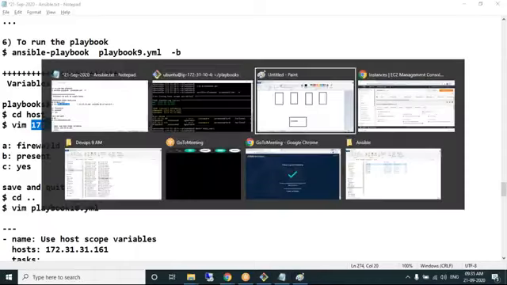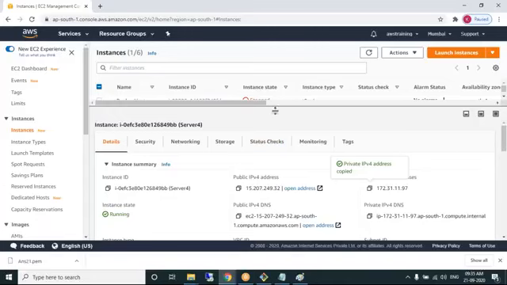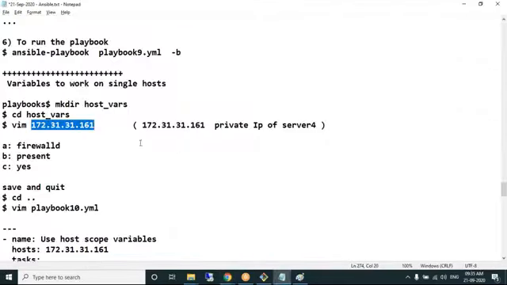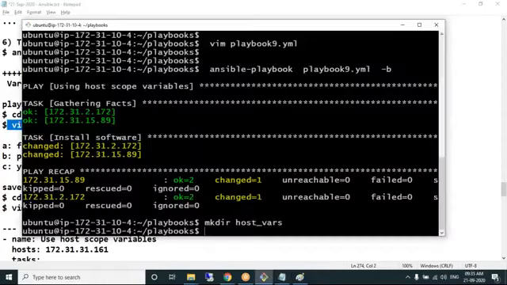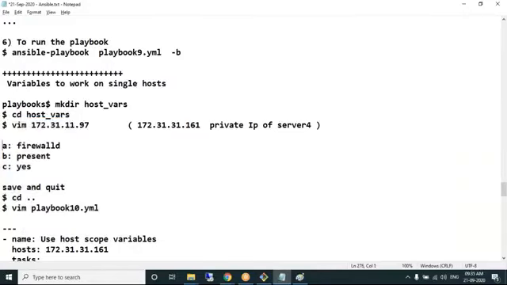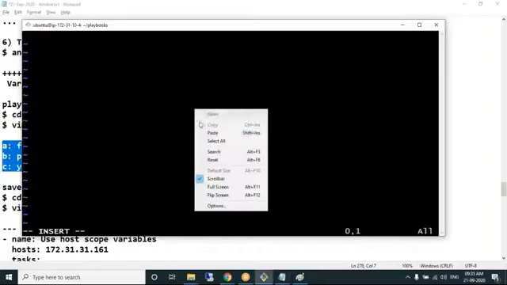So what is our IP address of server 4? This is the IP address. Creating 3 variables and the corresponding values.